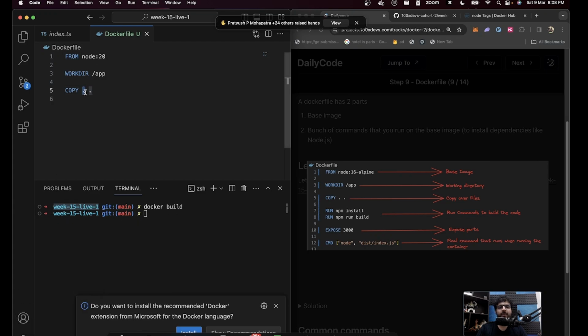That's what the first dot means, over to the working directory of the image. So what are the two arguments here? Copy the source code of this application, everything over here, including node modules. Right now, it will also include node modules because you haven't told it to exclude node modules. So it will copy everything over to the working directory of /app.